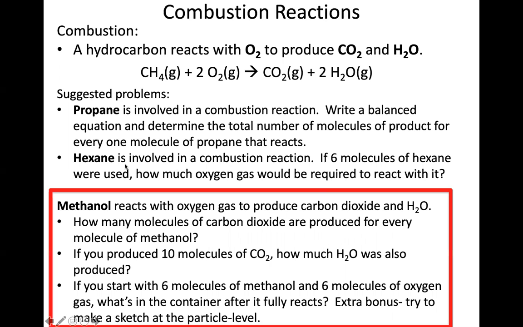These are all really good examples for you to try once again. I'm trying to bring together some really comprehensive questions that begin with aspects of naming. Can you write a balanced equation? And then can you begin to interpret it? Really important, I think, and it would be really valuable if you're able to try the questions that I have here on the slide. We can compare some of these within our next class.